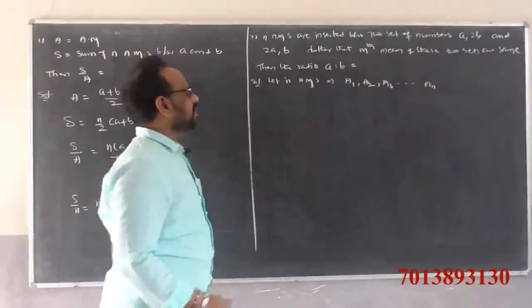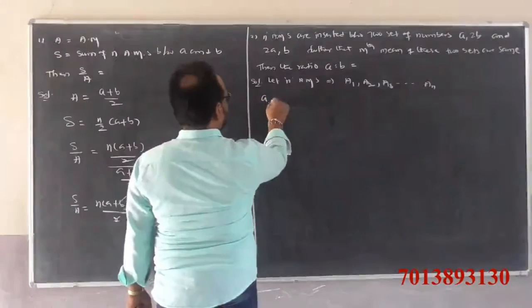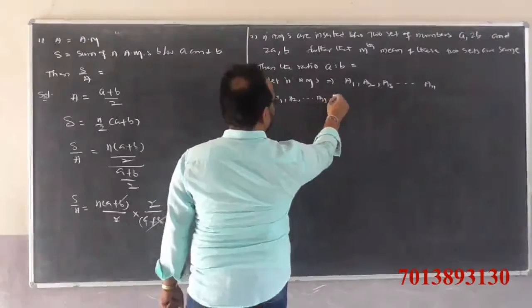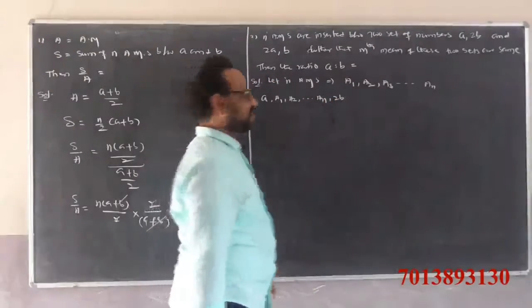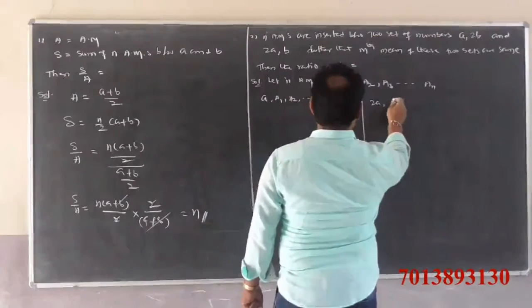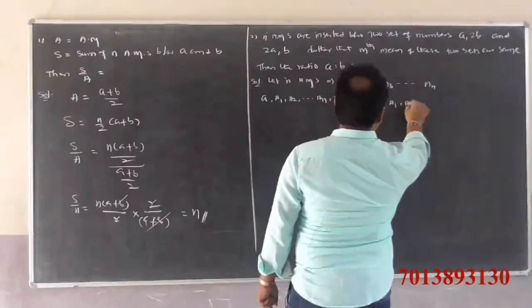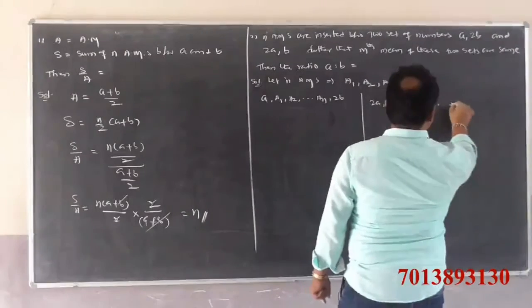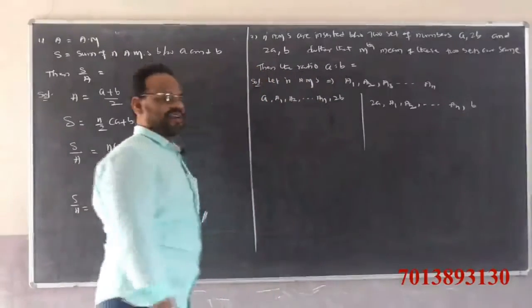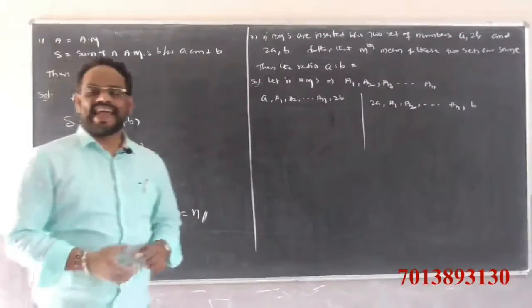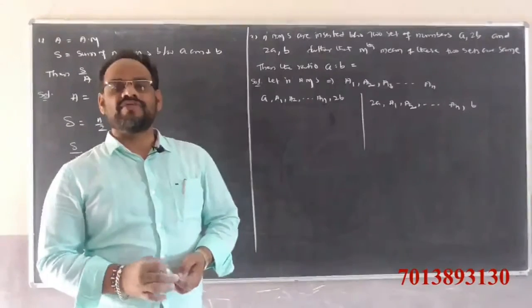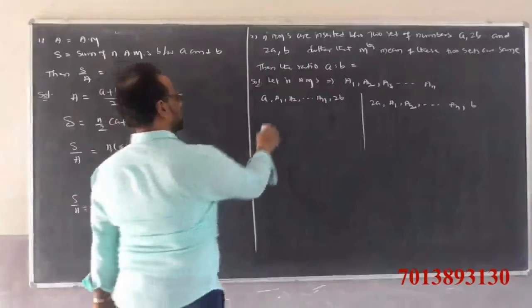Then the first set is A comma A1 comma A2 comma and so on An comma 2B. This is the first set. And the second set is 2A comma A1 comma A2 comma and so on An comma B. Already we know that if n arithmetic means are inserted between any two given quantities, then the common difference d is equal to